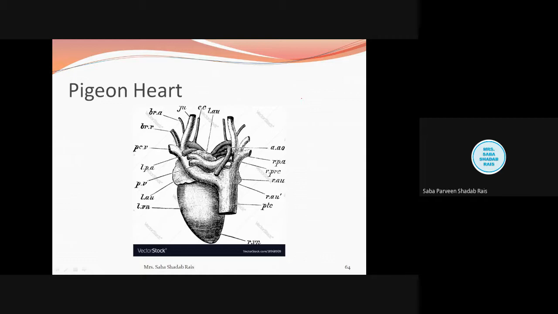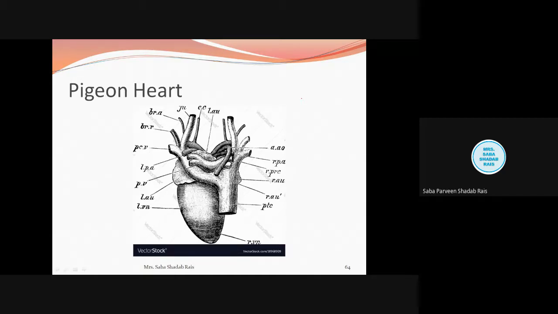When we talk about the auricle, it is present on the basal side, so the position will be anterior definitely. These are very small, dark and thin walled. When we talk about the ventricle, it will be larger, and color wise, if you observe, these are lighter and thick walled.